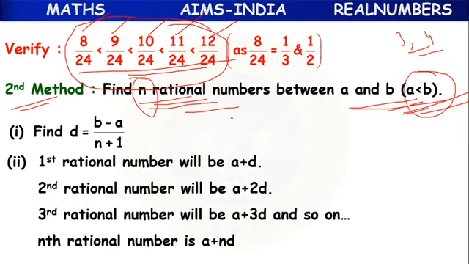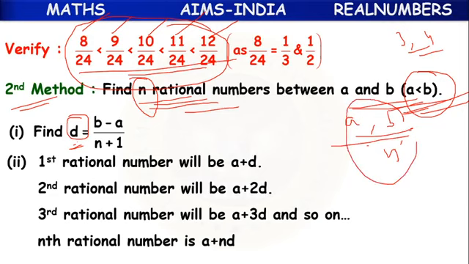So here we have to find a common difference D, which depends on the given values A and B and the number of rational numbers we have to find, n. Based on these three values, we have to find the common difference value D, whose formula is (B minus A) by (n plus 1). If we find this common difference value,